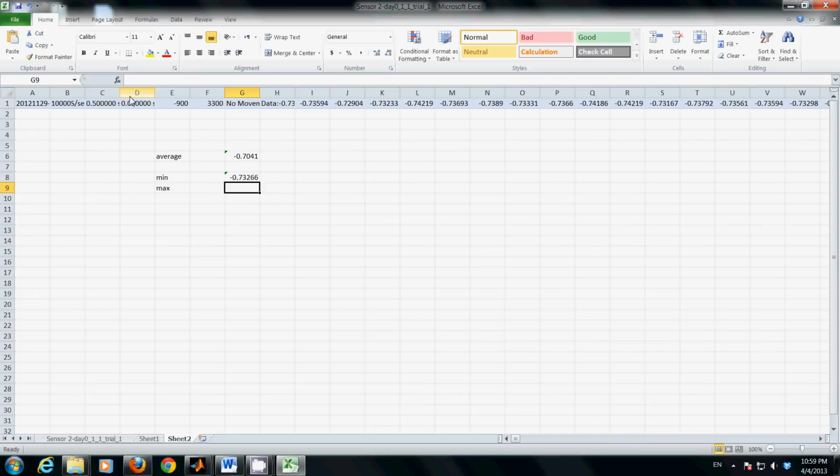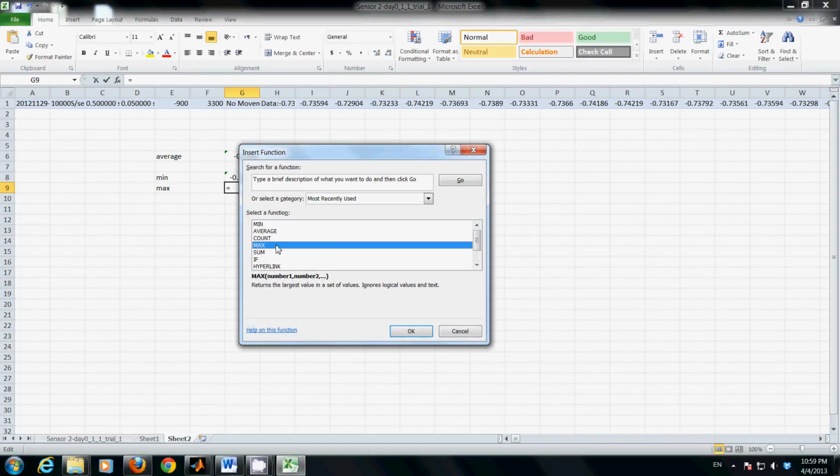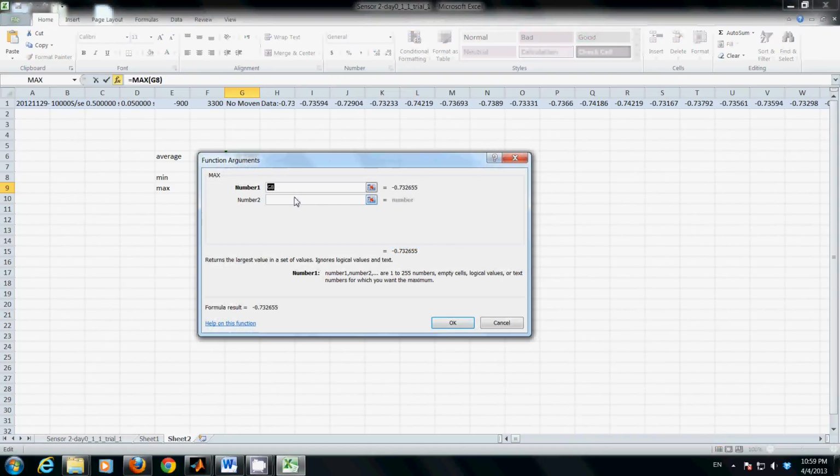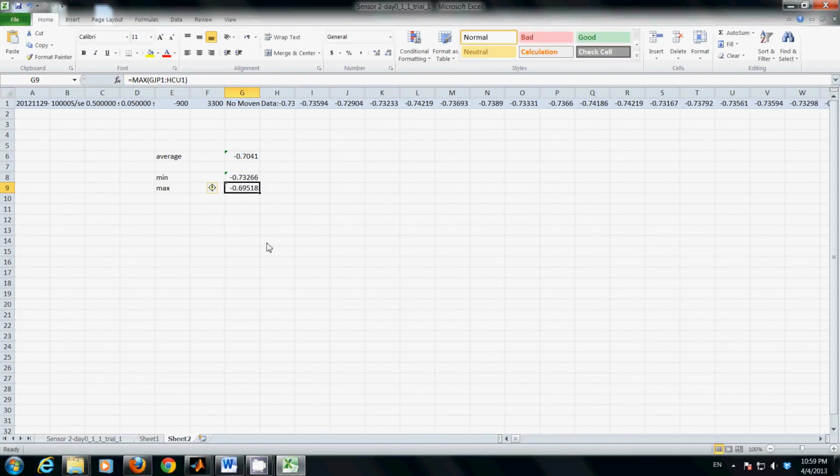And then the maximum is going to be again the same range of data, and let's calculate the result. The result is going to be the minimum minus the average, and the other result is going to be the maximum minus the average,